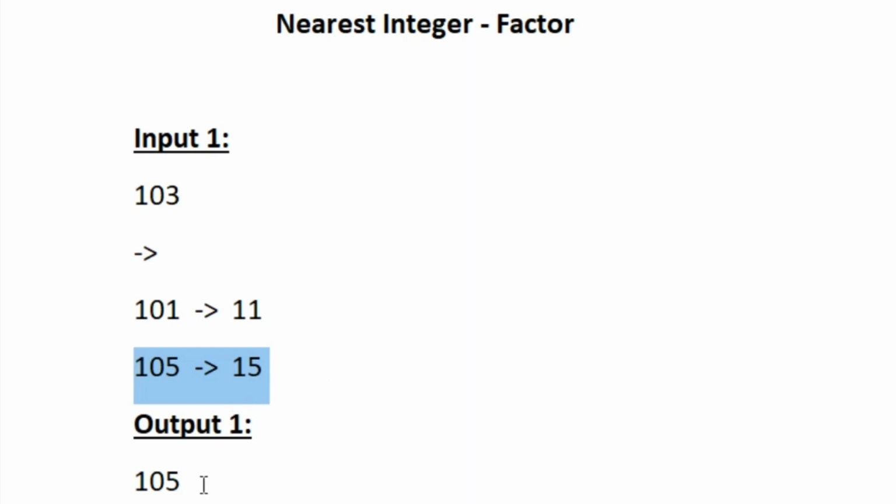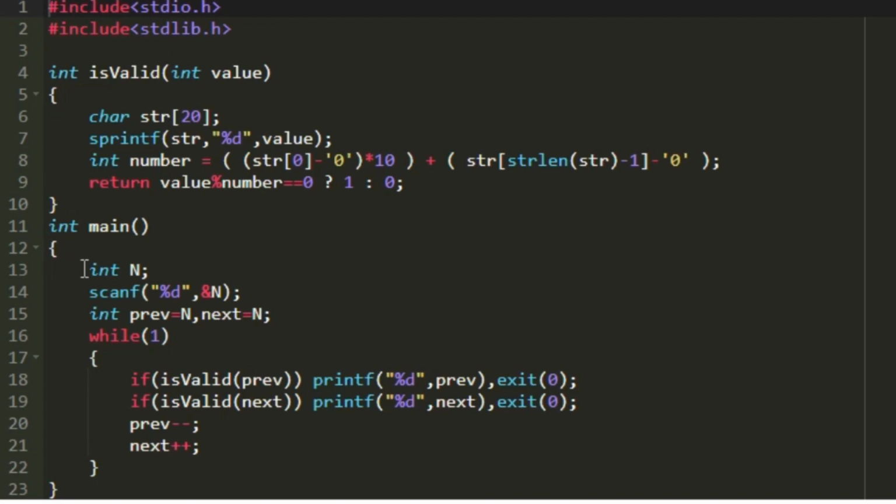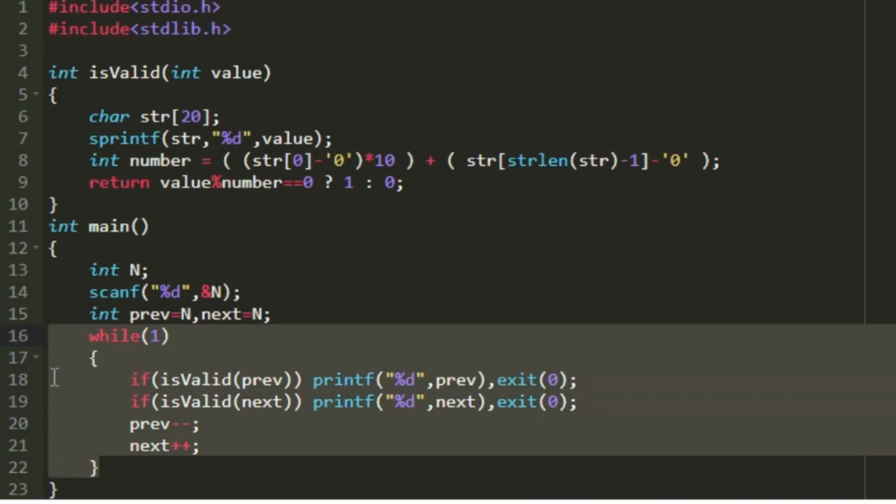Now let us see how to write a C program for this. So first I am creating a new integer n, and in the next line I am accepting the value of the integer n using the scanf statement, and then I am creating two more integer variables named previous and next, and I am assigning the values of n to them initially. So both previous and next are initially equal to n, and then I am creating an infinite loop,